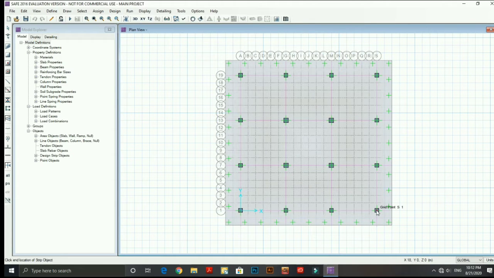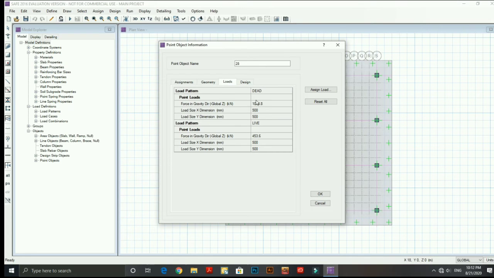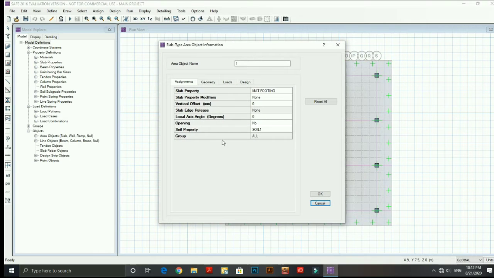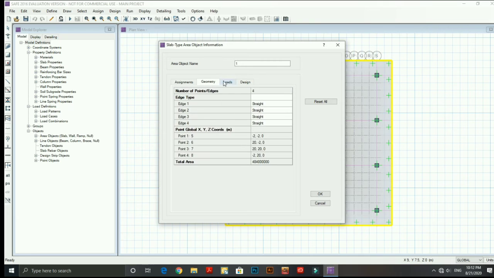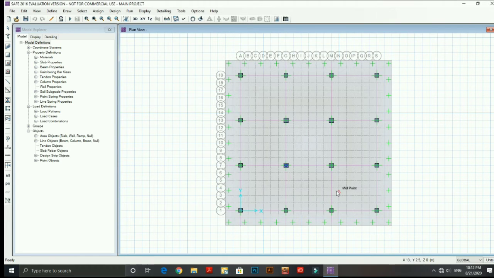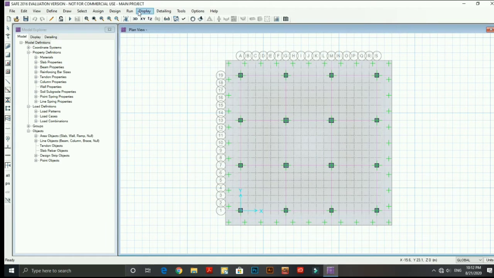I found the values from the ETABS software, and by clicking on them you can see the dead load and live load values I specified. In the footing, soil property 1 is specified, which I defined earlier. Now in every property of the slab and strip, change the rebar material to HYSD 500.